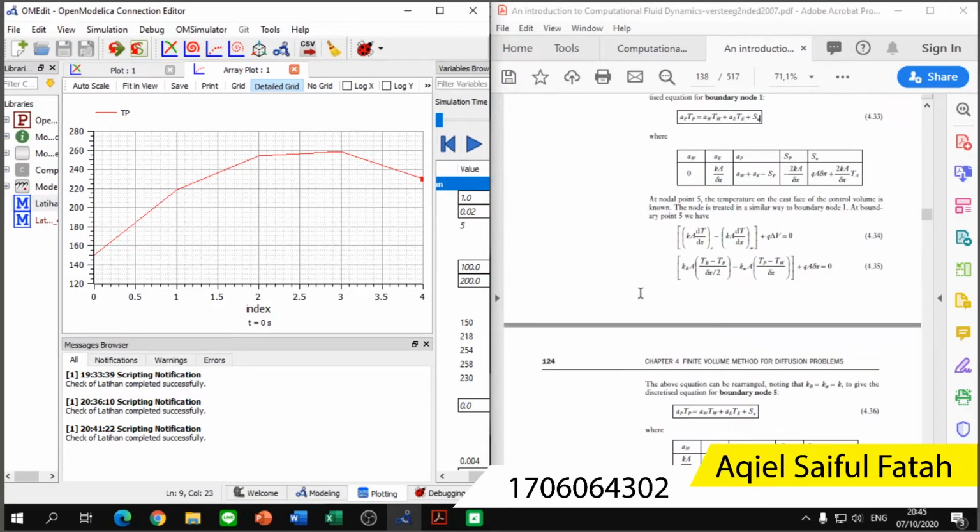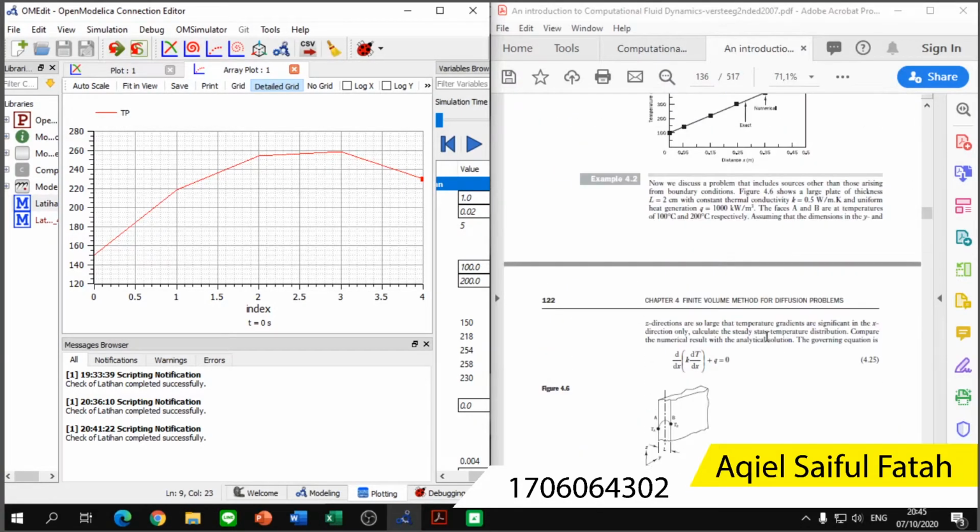Well, from the example, we know that there is a uniform heat generation of Q equals 1000 kilowatt per meter cubed, which means there is a uniform heat generation in the wall itself. And because of that, the heat goes up generally. However, the one in the left hand side is lower in temperature when compared to the one on the right hand side, as it is already